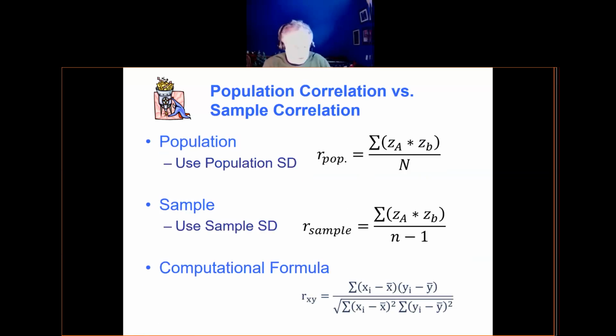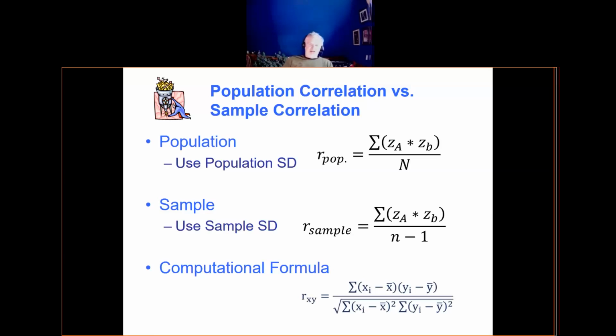And one thing is I did it for the population, divided by n. If it's a sample, you divide by n minus 1. And if you're looking through textbooks, oftentimes you'll see the computational formula. I don't know why people do that anymore, but in the old days, when I was a young pup in university and I had my slide rule and my chalkboard with my little chalk slate thing, they had a nice wood stove in the classroom.